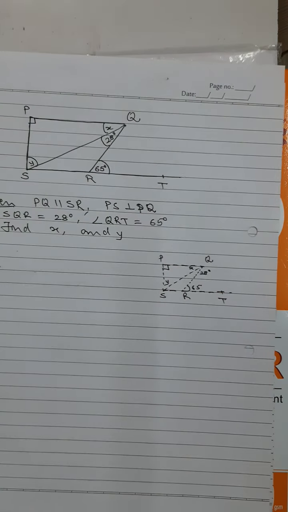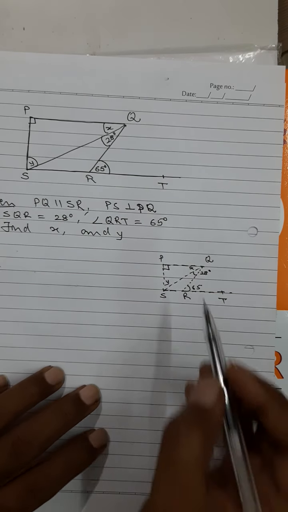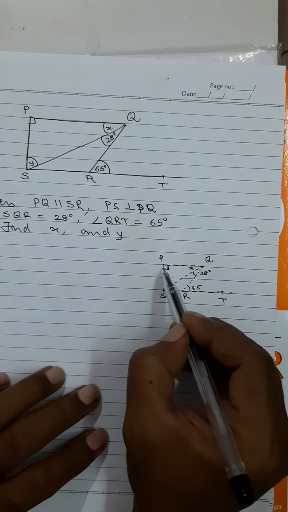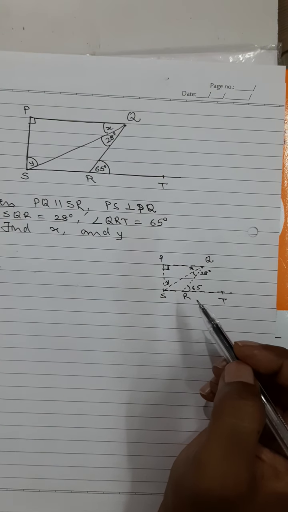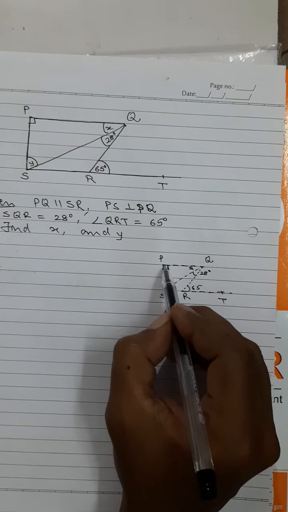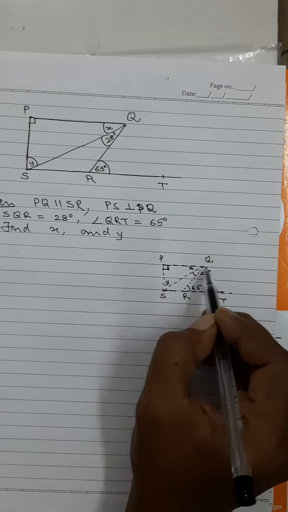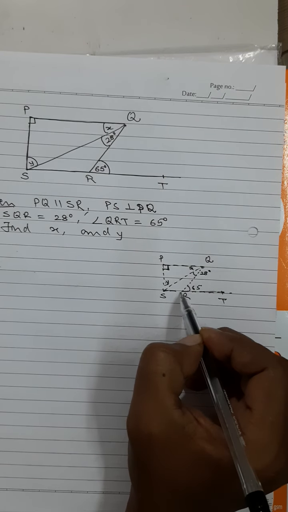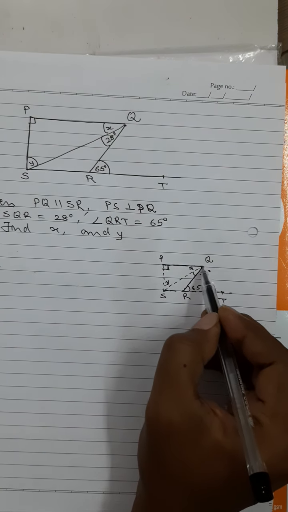So now if you will see, basically this is 28 degrees over here. See, my dear students, what will happen now? Apply your brains. See here, 90 degrees there, this is Y and this is X. If I go to triangle PQS, I will require to find X first or Y first, anything first. I can do one thing now. See here, because PQ is parallel to SR or ST, PQ parallel to ST, then if I take QR as a transversal, I'll get angle PQR is congruent to angle QRT.